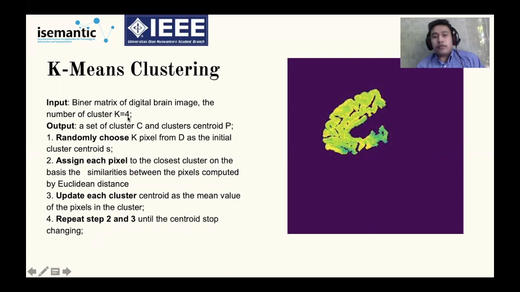We use clustering with K, and the output from this clustering has two types: cluster C and cluster P. First, we randomly choose K pixels from D as the initial cluster centroids. Then we assign each pixel to the closest cluster on the basis of the similarity between pixel components computed by Euclidean distance, and then update each cluster centroid as the mean value of the pixels in the cluster. Then repeat steps 2 and 3 until the centroids stop changing.